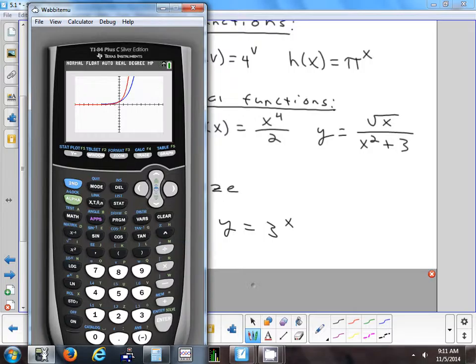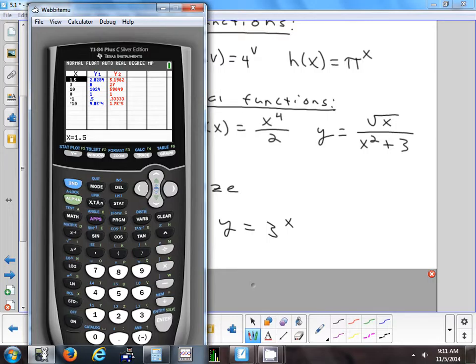If you go ahead and look at your table, type in 0, they're both 1. 2 to the 0 power is 1. 3 to the 0 power is 1. But then as you start to get more and more negative, you can see they're getting smaller and smaller. And eventually, if you type in a big enough number, the calculator might, actually it's not saying 0, it's saying